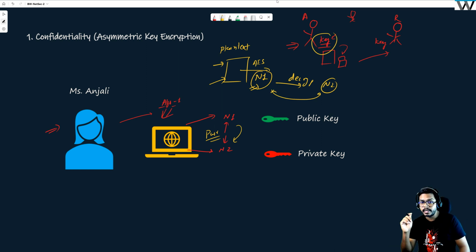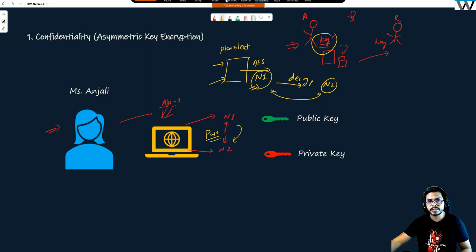I am again repeating this thing. If I encrypt with N1, I can only decrypt with N2, not even with N1. I cannot decrypt this document with N1. This document can be decrypted only with the corresponding number. Just try to understand this, right? Similarly, this is the vice versa also. If I am encrypting a document with N2, it is going to be decrypted using N1. It is as simple as that,